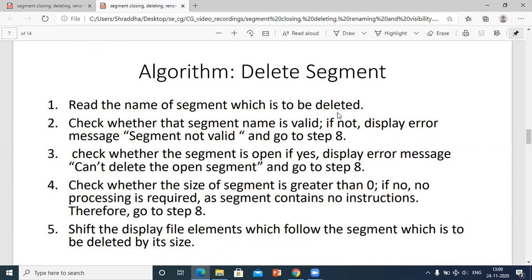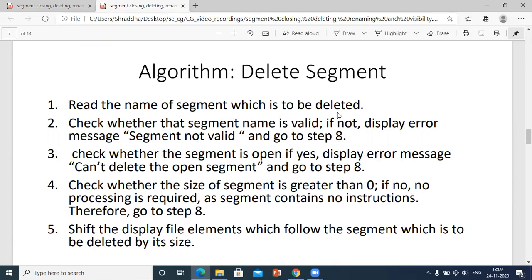Now the fourth step, check whether the size of segment is greater than 0. So what do you mean size is greater than 0? Whenever you initialize a segment, it is always set to 0. 0 means the segment is empty, nothing is present in the segment.